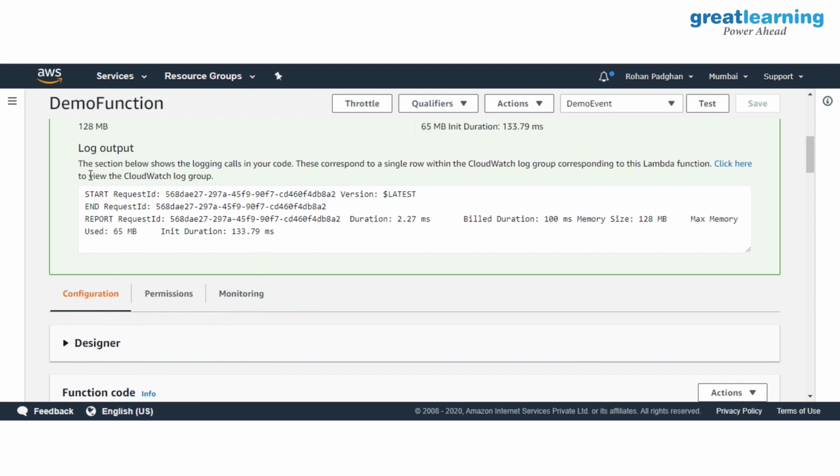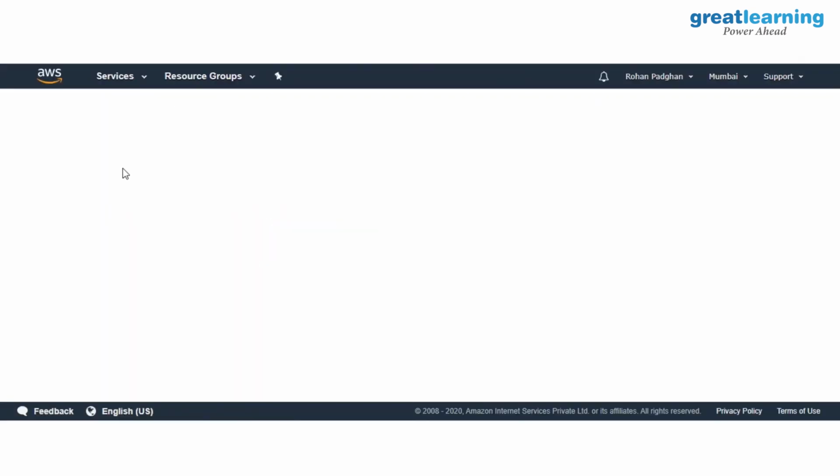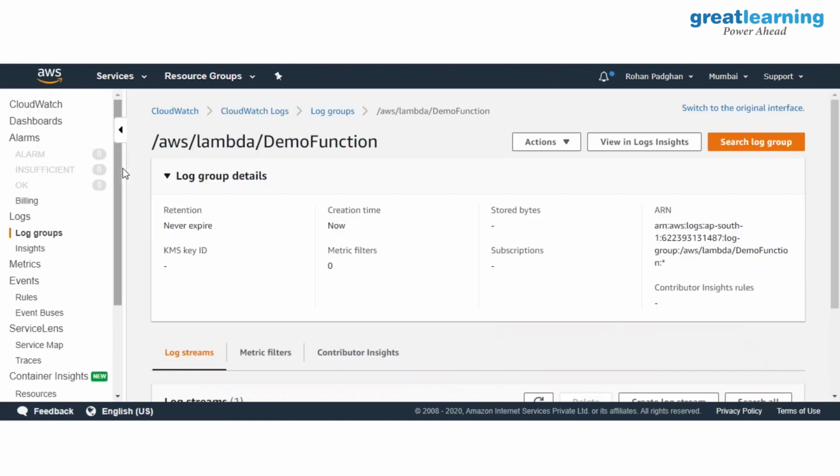The log output section shows the logging calls in your code. Whatever logging calls were there, it would display all that for you. And then we can take a look at other things as well. If I click here, it will give me all the monitoring details that I have. I don't think we should see a lot of monitoring details yet. Let's just wait. So what you can do, guys, is test the same function multiple times,